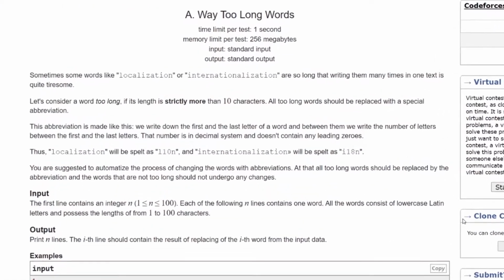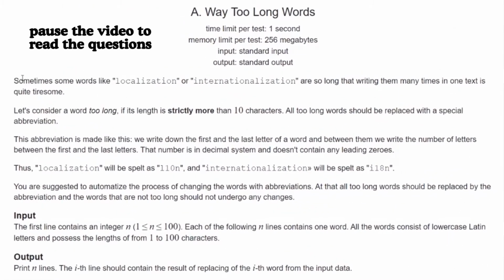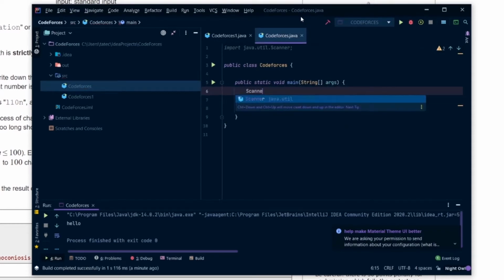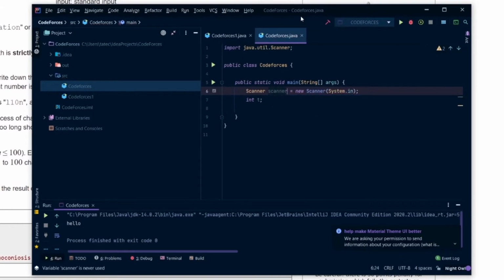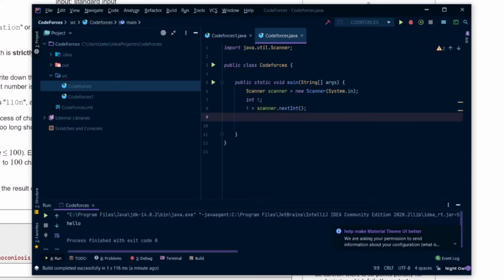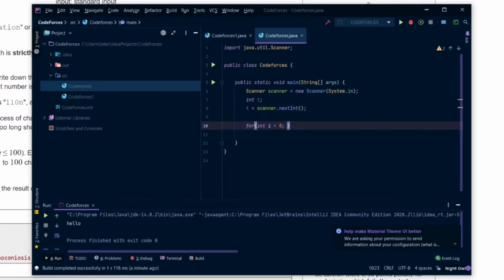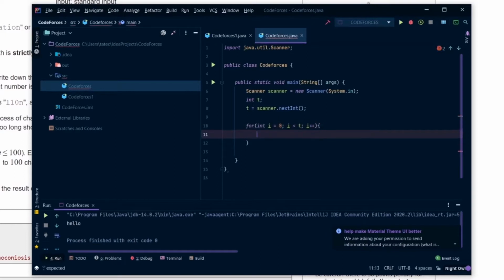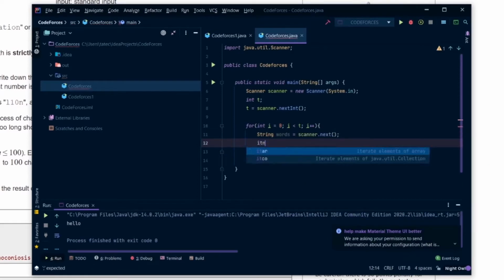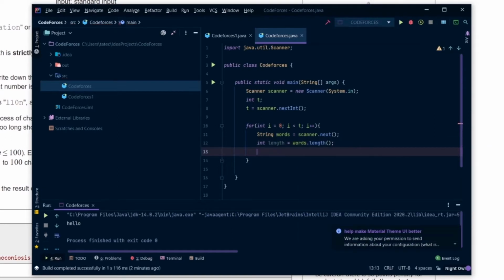So I'm just going to be solving this Codeforces problem called Way Too Long Words. Here I'm going to initialize an integer called t, and I'm going to be creating a scanner object. Now I'm going to initialize t to be scanner.nextInt. Here I'm creating a for loop in order to get all of the test cases. Here I'm creating an integer called length to get the length of the string. Next I'm putting the integer length, and it's just going to be equal to the length of our string called